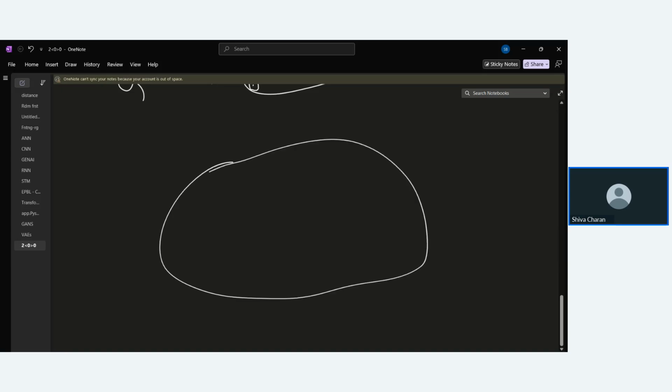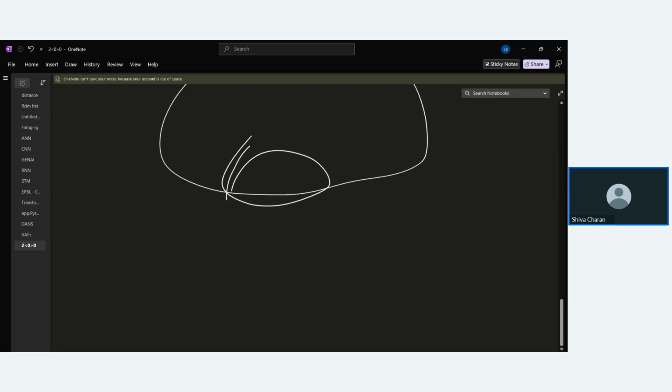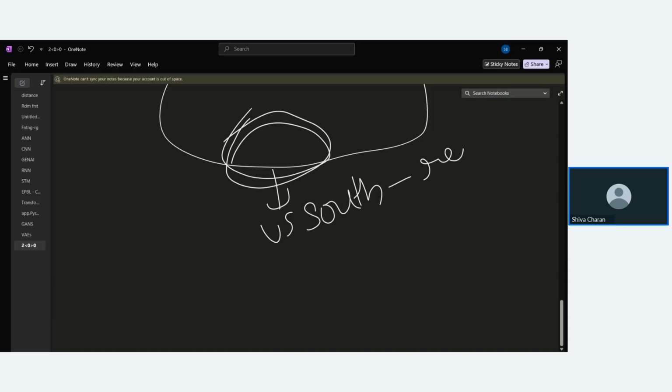So now what are we doing? We are considering the south part of the US. This will be the region. I can consider this US South as a region, and under this US South, what happens? We'll have the availability zones inside this particular region. So let's say 4 availability zones I will be having,